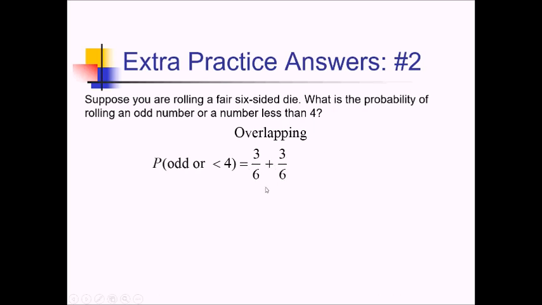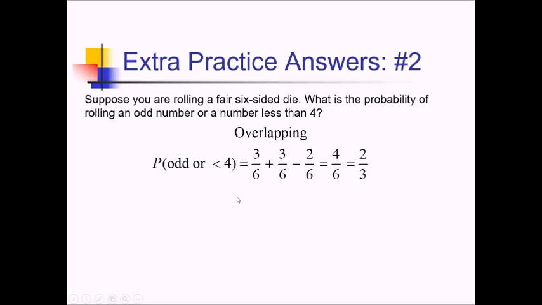But hold everything. Some of these odd numbers are also less than 4 numbers. We don't want to double count them. So that was specifically 1 and 3 are both odd and less than 4. So that's 2 out of the 6 numbers that are being double counted that we have to now subtract. So putting this all together, we have 3 plus 3 gives us 6, minus 2 gives us 4, 4 out of 6 chance, which we can now reduce to a 2/3 chance of getting an odd number or a less